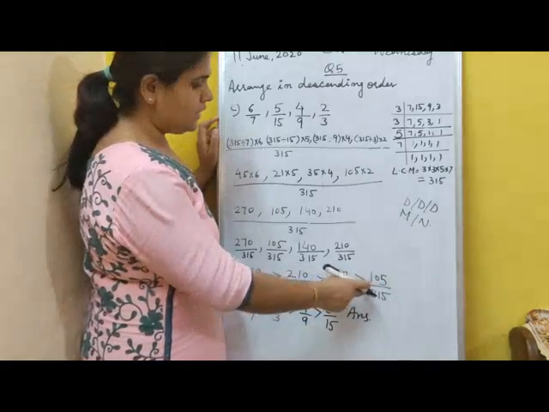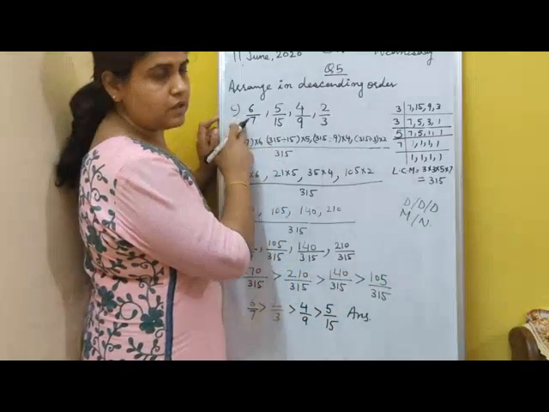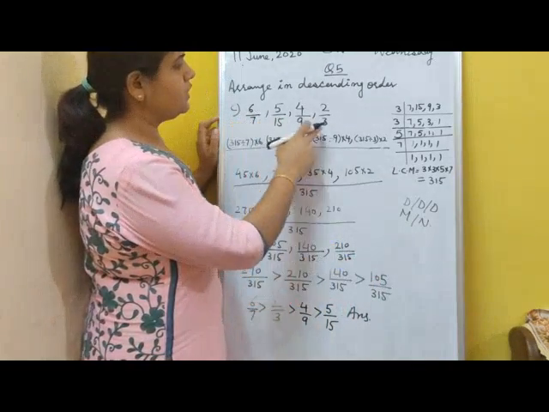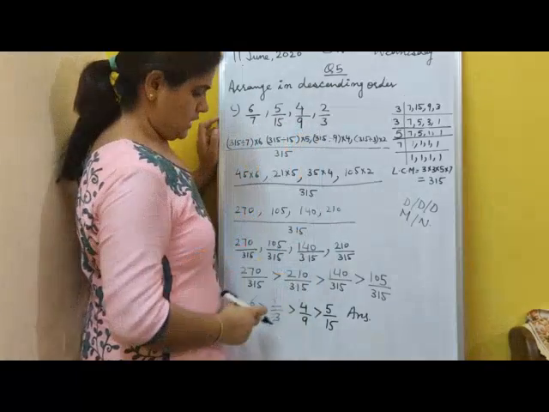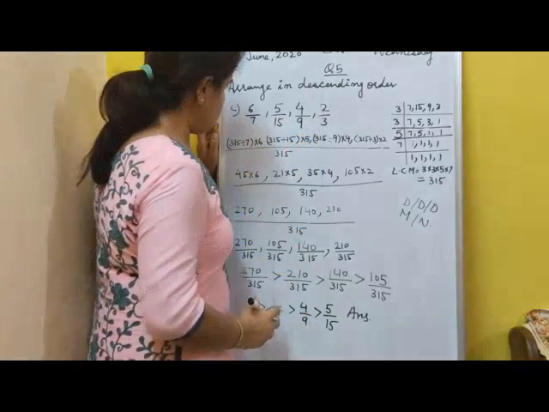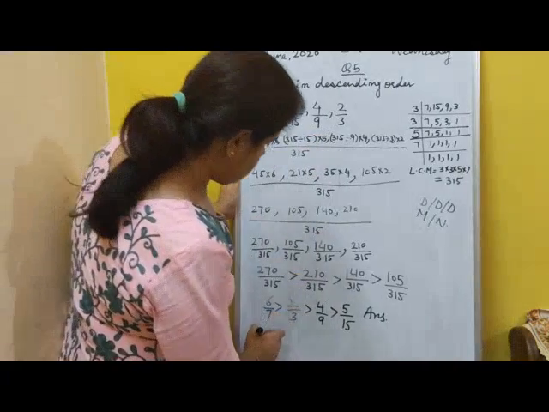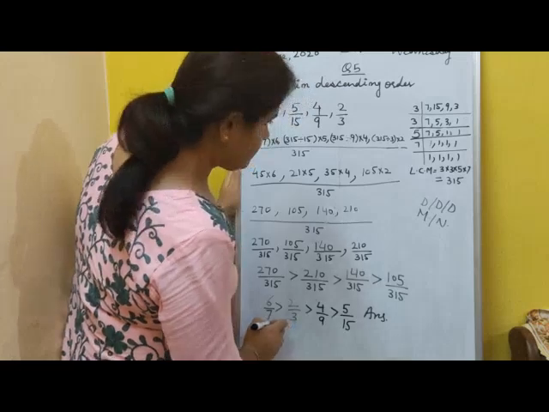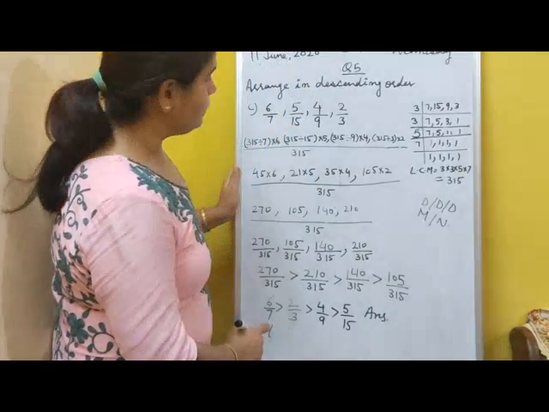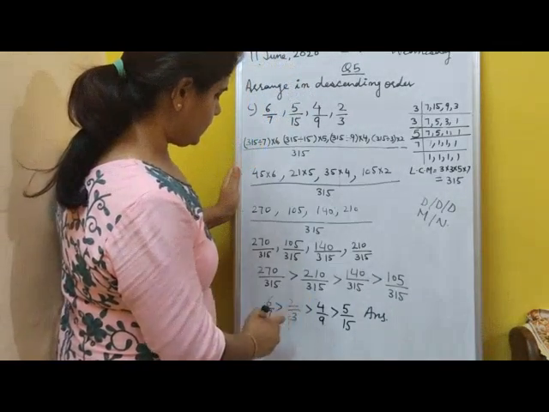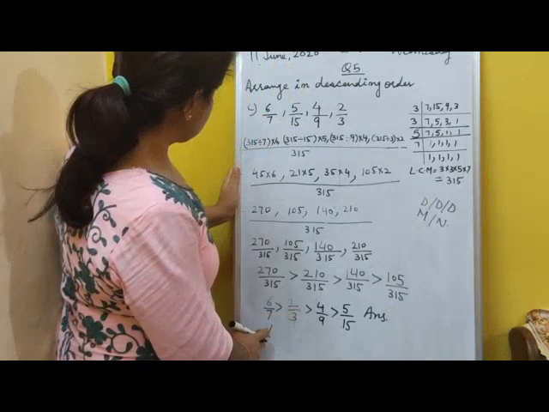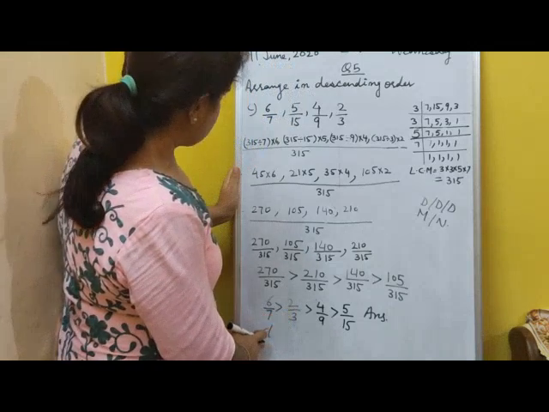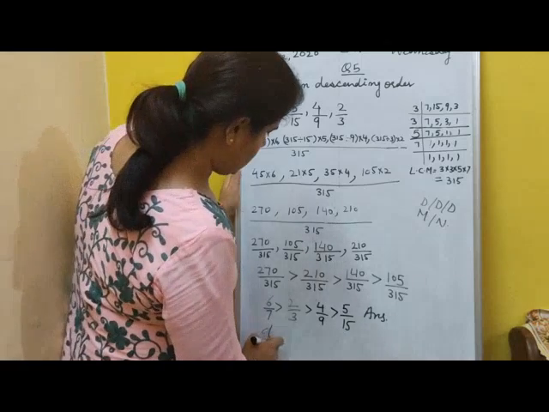Now you can write these numbers with their equivalent fractions. Now this will be your answer. And part D and one more part is left, that is B, are in your homework.